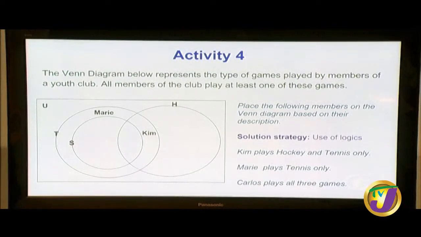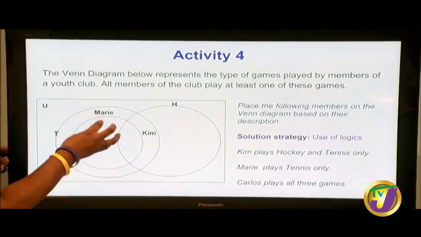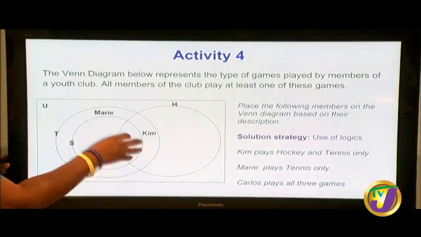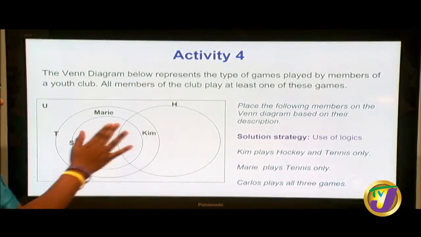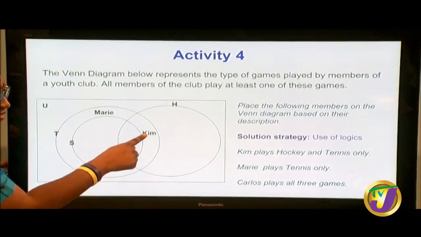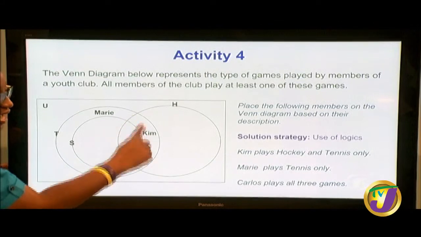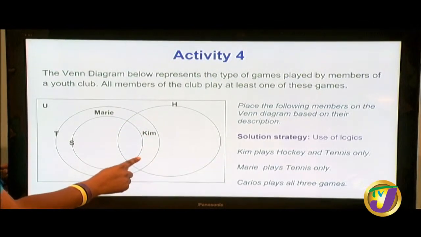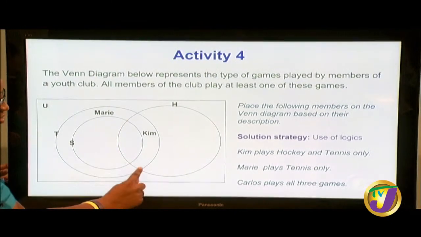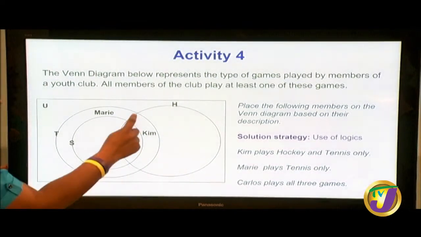Carlos. Carlos plays all 3 games. So he must be in squash, he must be in tennis, he must be in hockey. So first of all, I must be looking at somewhere in some intersection going on right here. So Carlos must be somewhere here, but I need to figure out where. Right. So we had Kim here, and she played hockey and tennis only. So Carlos can't be here. So guess what? Carlos must be here